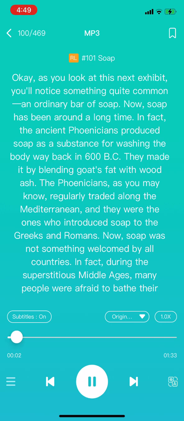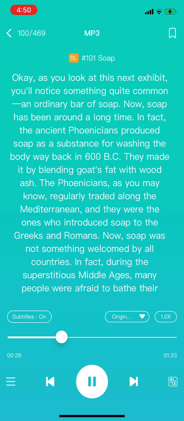Okay, as you look at this next exhibit, you'll notice something quite common, an ordinary bar of soap. Now, soap has been around a long time. In fact, the ancient Phoenicians produced soap as a substance for washing the body way back in 600 B.C. They made it by blending goat's fat with wood ash. The Phoenicians, as you may know, regularly traded along the Mediterranean, and they were the ones who introduced soap to